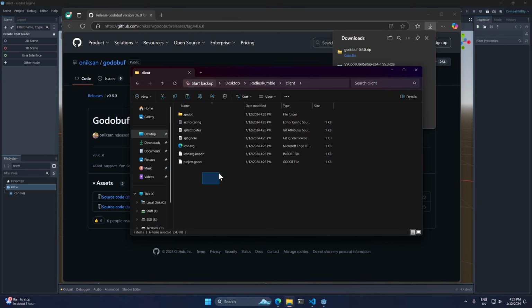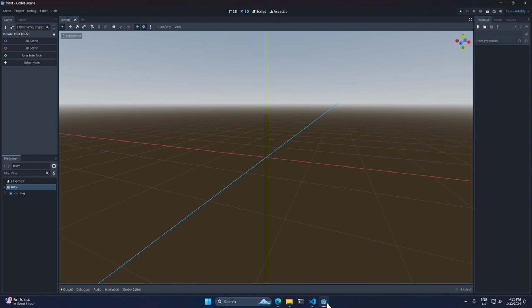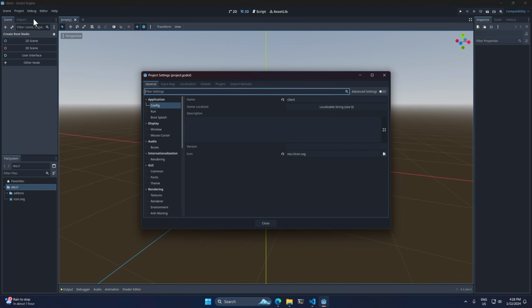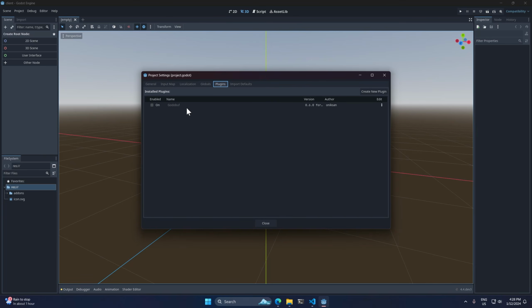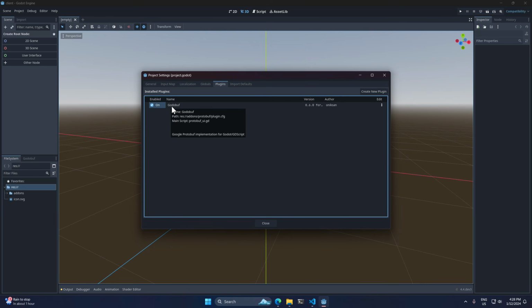So it should be amongst all of this Godot related stuff. Just paste that add-ons folder right in there. And now if we go back to the Godot editor, click project, project settings, plugins, and we should already see it here because we've placed it inside the special add-ons folder. So all you need to do is click the enabled checkbox right next to where it says Godot buff, and